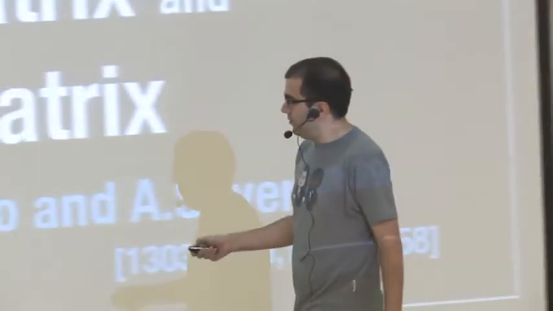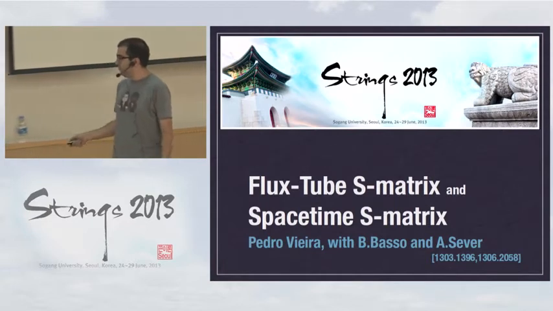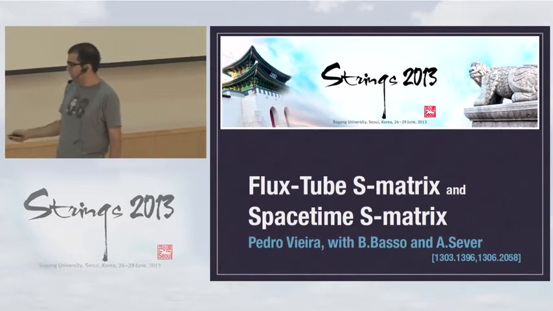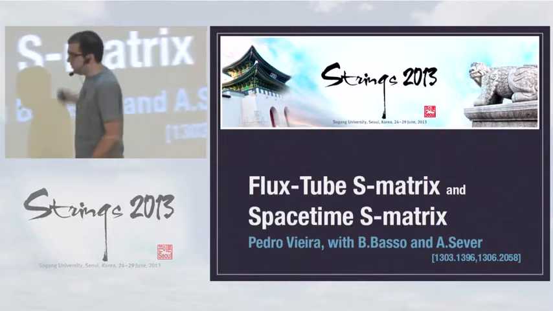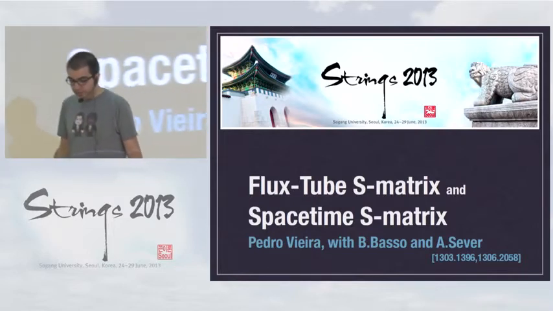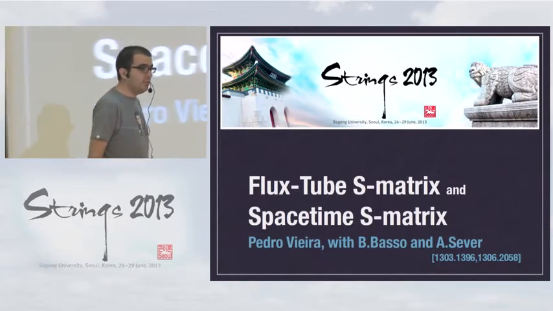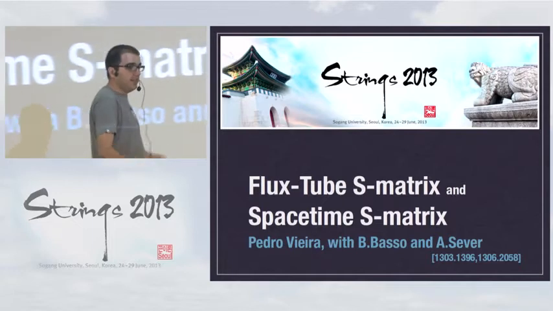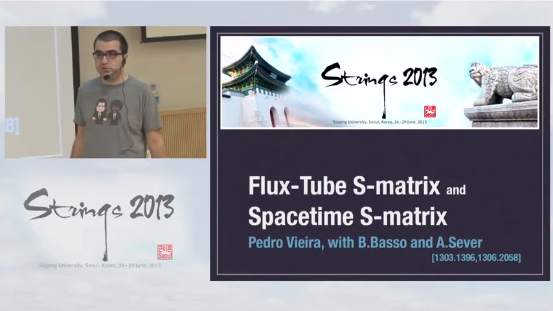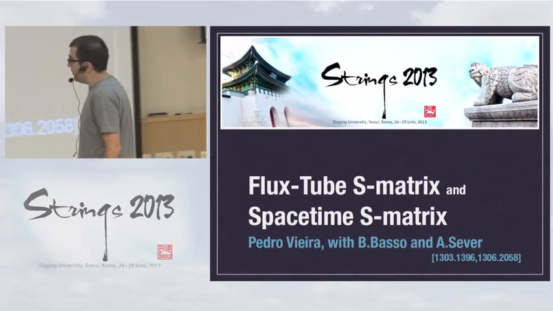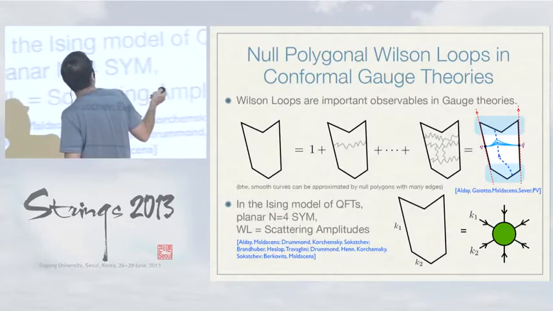I'll be discussing some work done in collaboration with Benjamin Basso and Amit Sever, and it will be mostly based on two papers that we put out early this year and maybe on some unpublished stuff. So we'll be discussing two important observables in gauge theories, namely the S-matrix of excitations of the Clawler flux-tube and the S-matrix of excitations in spacetime, like gluons and eventually other massless particles that we might have in a conformal gauge theory. But actually the main object that will be the key player in this discussion will actually be